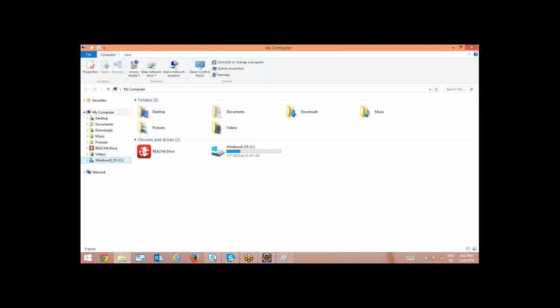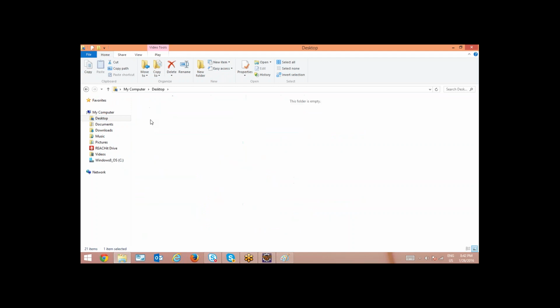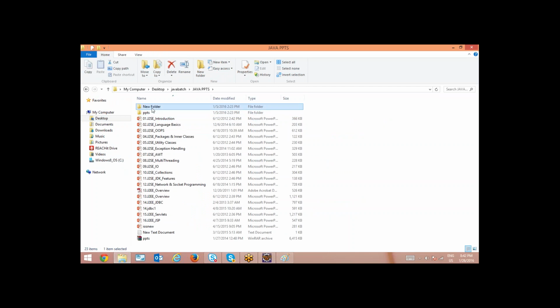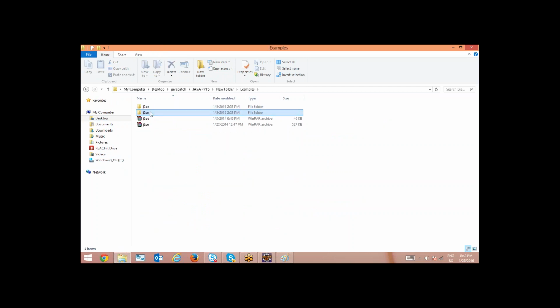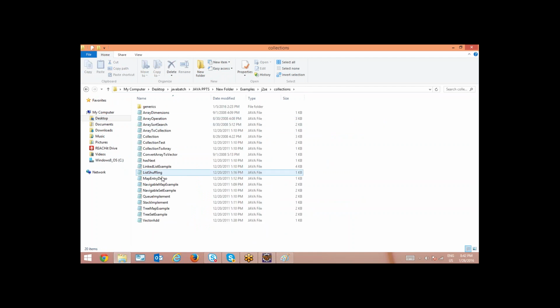And yesterday I shared some programs with you. In that there are some advanced classes called navigable map and navigable set. These two are the new things. And there are stack and queue.